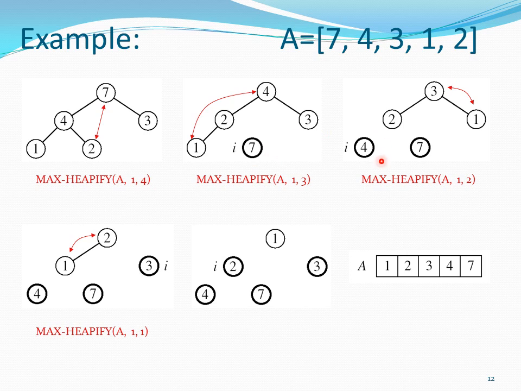After that, the last element is 4, so the last element is 1. We are exchanging 4 and 1. After that, 4 is removed from the heap and on the remaining elements, we are applying the heapify procedure. Heapify means ordering the elements in the heap using the structure property and heap order property. Then exchange the root element with the last element. The last element is removed. After that, the removed elements are inserted in the array: 1, 2, 3, 4, 7. This is the sorted array.